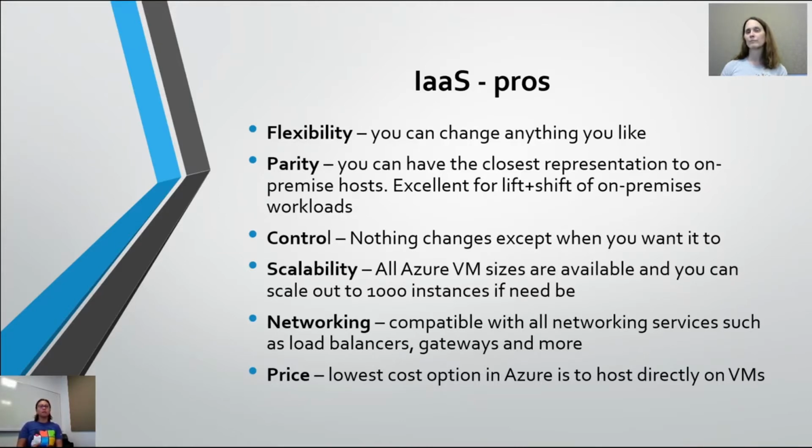You can also scale this. So with VMs, you can scale it as many as you want. With VMSS, you can auto-scale up to 1,000 VMs. So this is fantastic for capacity planning or any kind of issues that you want to set as a default and not have to monitor it every day. Also, you can network it. You can set up load balancers, gateways. There's a whole slew of products that you can work around with networking and make it more efficient for your workload.